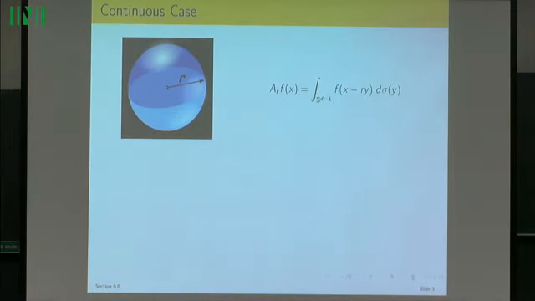But of course, Elias Stein is closely associated with fine properties of spherical averages. He was already making first observations on this even in the 1960s. So I want to recall some results in the continuous case. We take a function, a priori a smooth function, and we form an average over a ball of radius r. To begin with, we can take r to be 1. So in particular, you have a lower dimensional surface.